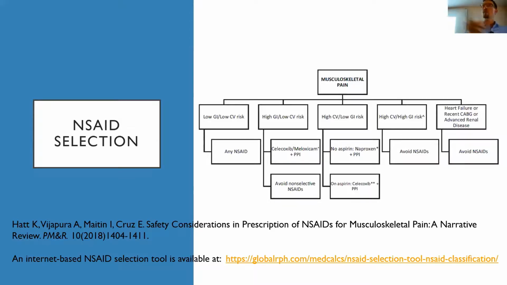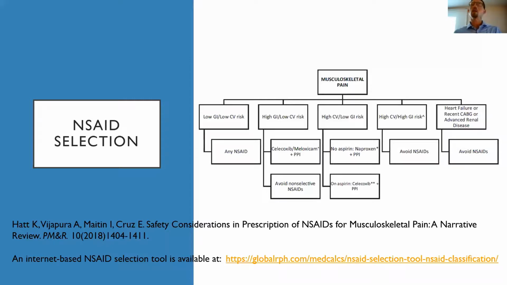So that goes back to that big study we showed with all the little crazy graphs comparing NSAIDs to each other. Now, naproxen tends to interfere with the protective benefits of aspirin. So if they're taking aspirin daily because of their CV risk, and you put them on naproxen, that lowers the benefit of the aspirin. Celecoxib tends to do that less. So that's where celecoxib has a unique niche: patients with high cardiovascular risk who are also taking daily aspirin.